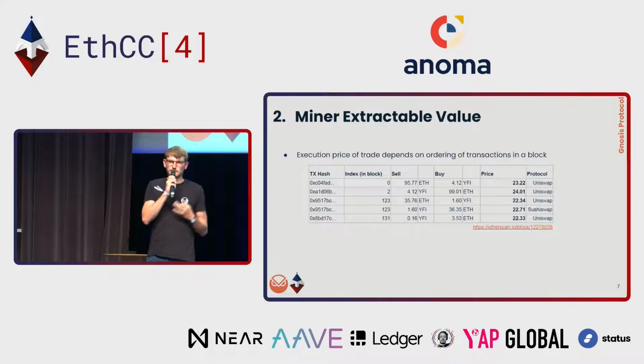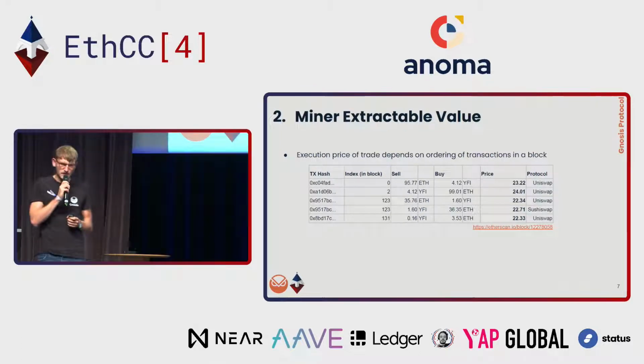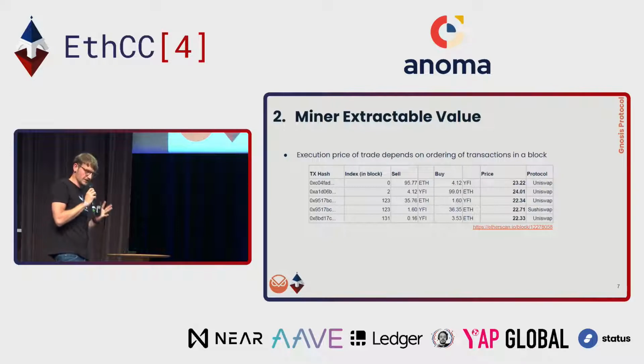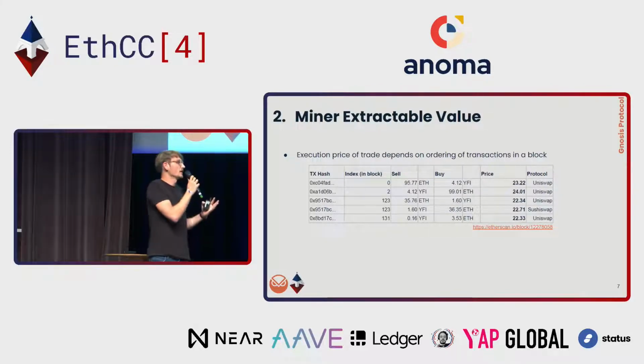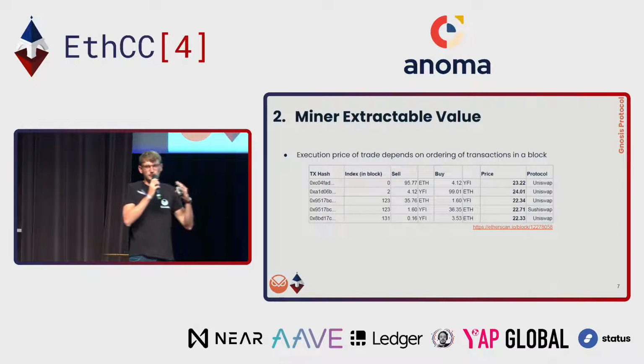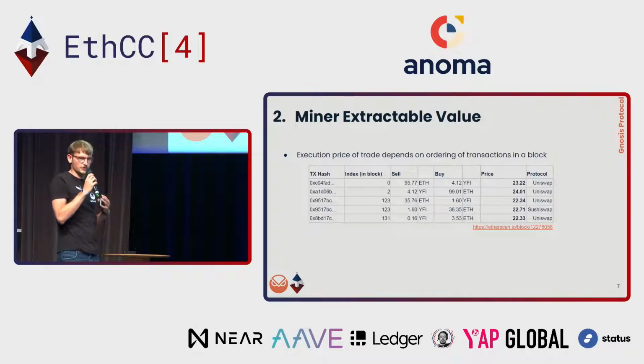Miner extractable value, or as it's been coined more recently, maximally extractable value. I'm sure most of you know where MEV comes from, but I'm still just going to briefly describe it again. The core reason why we have MEV, at least in DEX trading on Ethereum today, is that the execution price of your trade depends on which index within a block your transaction is